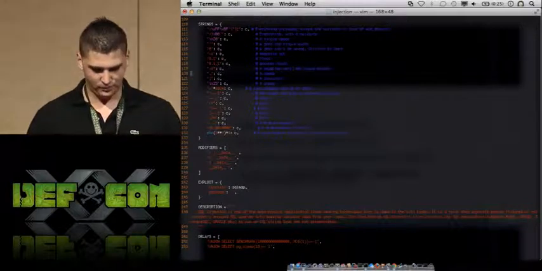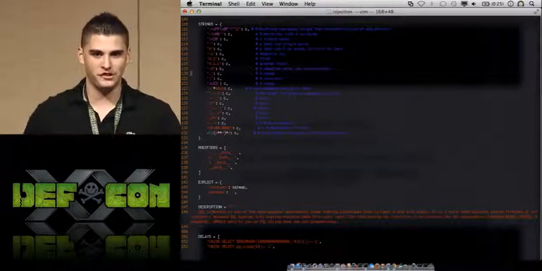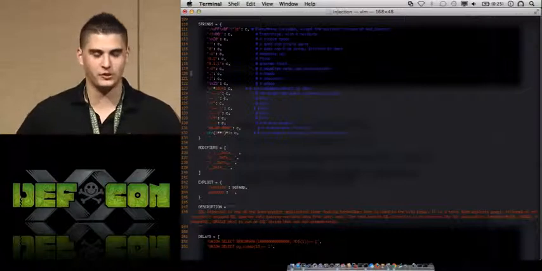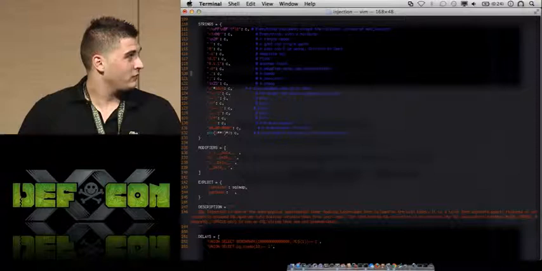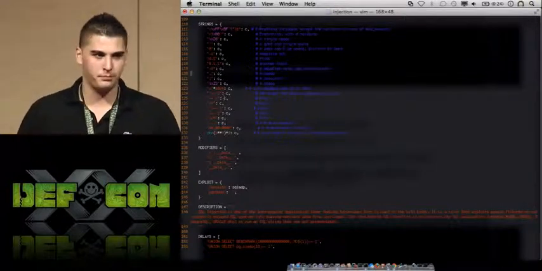For example, we all know the single quote payload. If we start penetration testing a website, we throw some single quotes in there and look what happens. That's how it starts. But there are a lot more things you can do to actually fingerprint the architecture behind